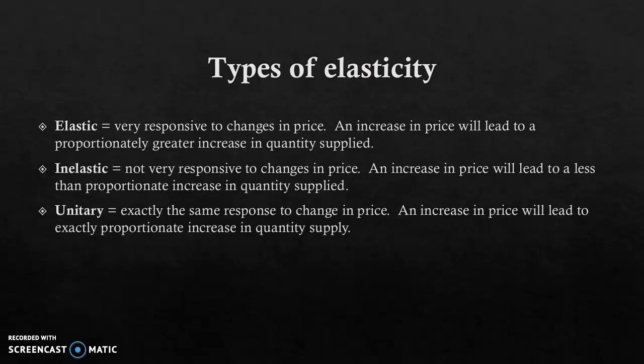We see massive increases in the prices of housing, but we don't see a very large increase in the actual quantity supplied of houses. So, prices going up, we should see, according to the law of supply, an increase in the quantity supplied of houses, so the amount of houses on the market, but we don't. And why is that? Because it's inelastic, all right? And so, ponder this. Why would the supply of houses in New Zealand be inelastic?